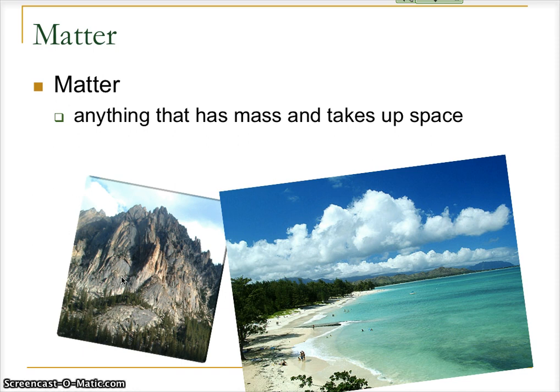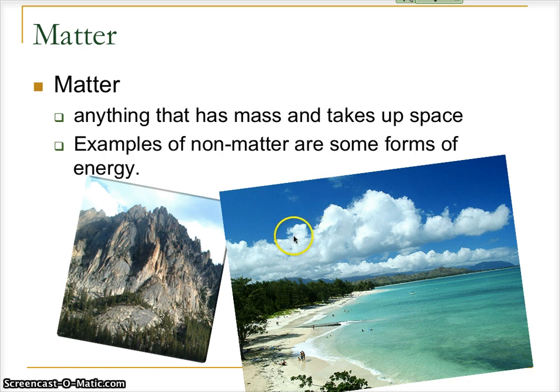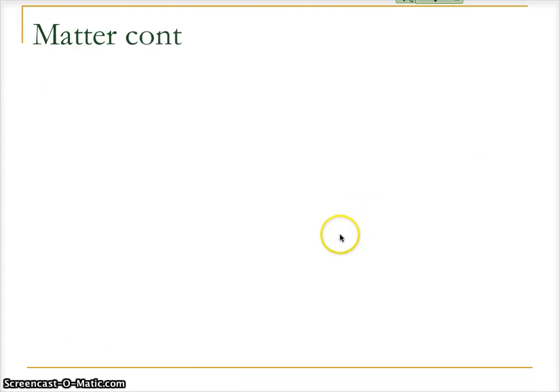I like to throw out there what's not matter. If all this stuff that we see is matter, what would not be matter? And typically, the only things that would not be matter are some forms of energy. And some forms of energy are matter. Like, for example, you could argue light is matter because one duality nature of light has photons, and photons would have mass and take up space. And so it just depends on what kind of energy you're talking about. But some people will classify some forms of energy as non-matter. That is matter. Matter has mass and space in the definition, so let's talk about those.